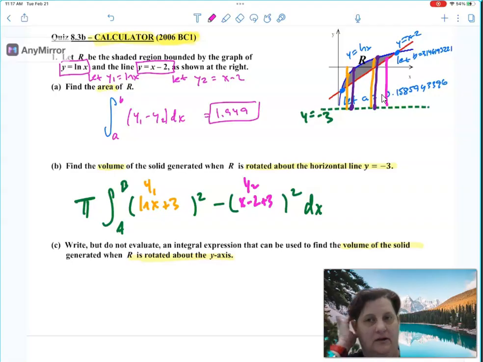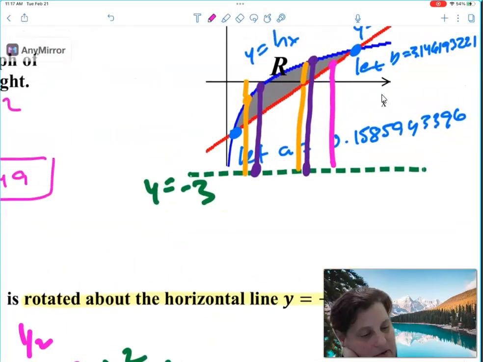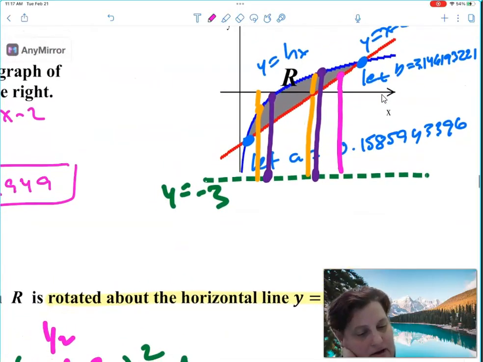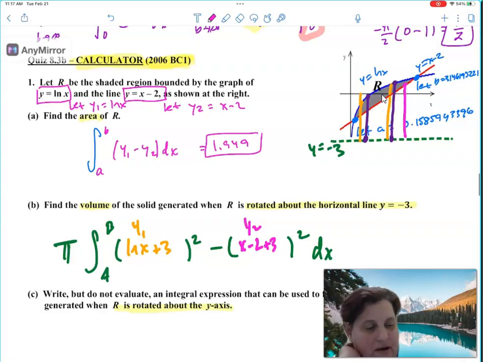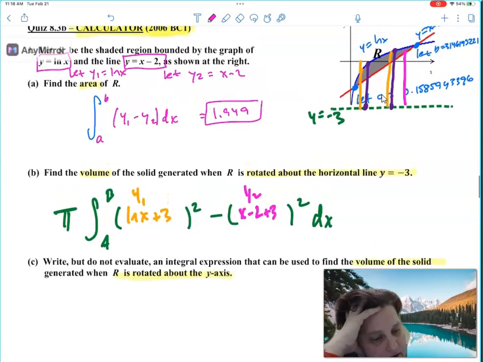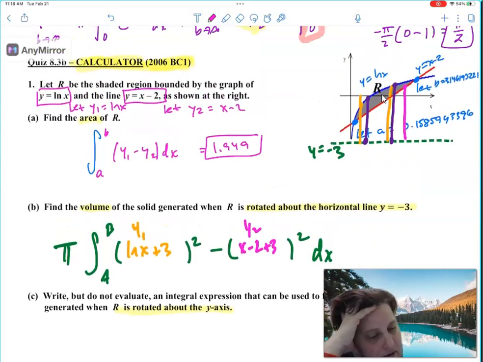Just to confirm what we were doing here. I was letting y1 equal ln of x, that's the one on the top, and y2 equal x minus 2, that's the line on the bottom. Then I was able to find the intersection points, and I stored them in a and b, and I wrote over here what I wanted a and b to equal. So it was just from a to b of y1 minus y2, and I put that in my calculator. Now for the solid generated going down around the line y equals -3, what I'm doing is adding 3 to each of my